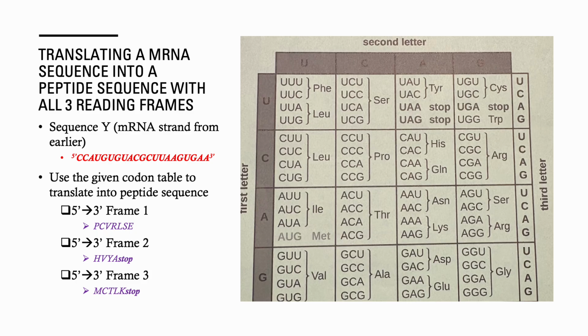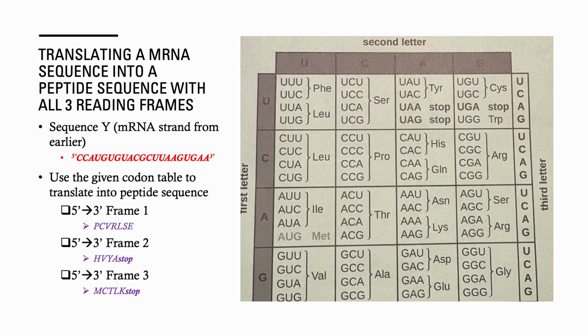Another thing that I thought would be helpful to cover is translating an mRNA sequence into a peptide sequence. So we have the codon table on the right, and then we have sequence Y, which is the mRNA strand from earlier. So essentially what you do is you take the 3 letters and match them up, and then you write it out. And there are 3 frames that you can do this from, starting at the first letter of the sequence. That is the first one,